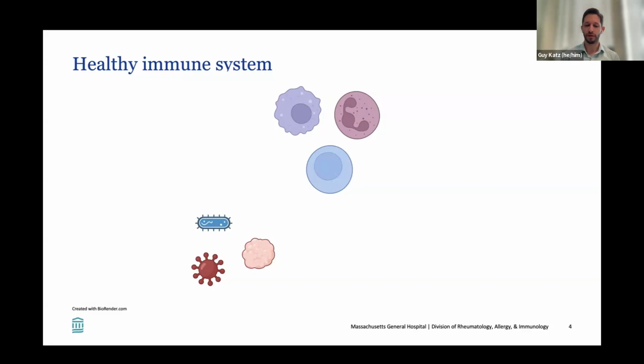So very early on, before a cancer becomes cancer, there are markers that tell the immune system that it's foreign, it's different from the rest of the body. And the immune system is able to recognize all of these things as foreign. And when it does, it kills them. That's the job of the immune system, to recognize these foreign substances and make sure that they don't cause the damage that they are meant to cause.